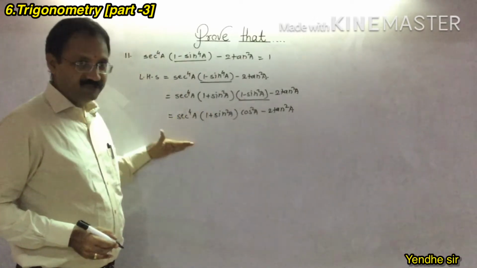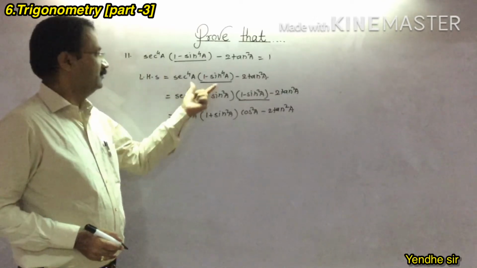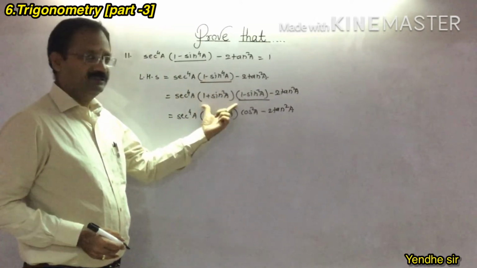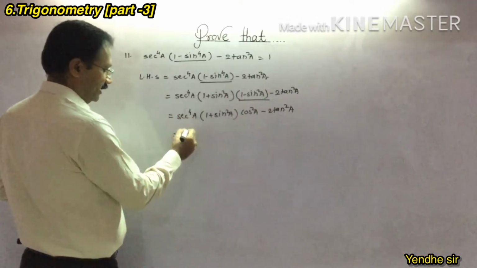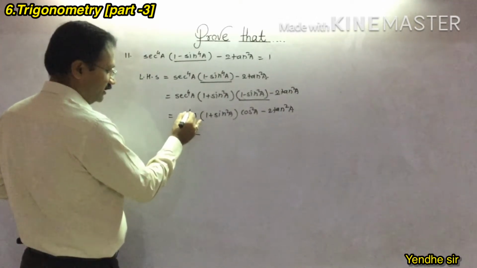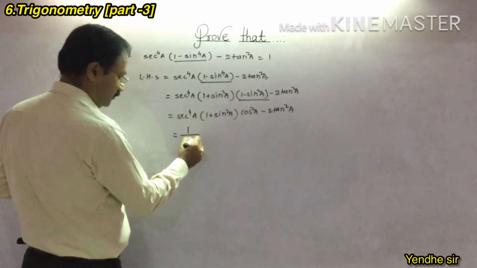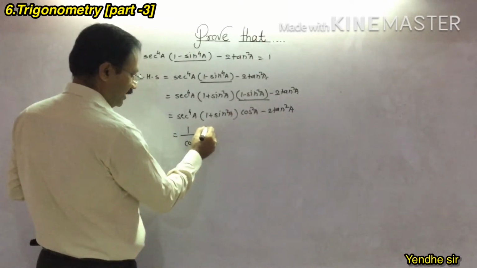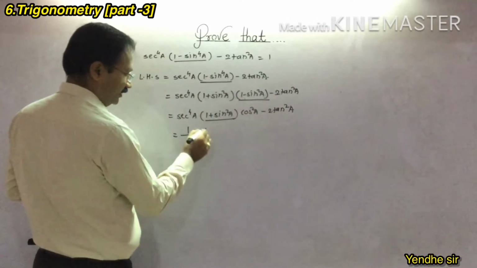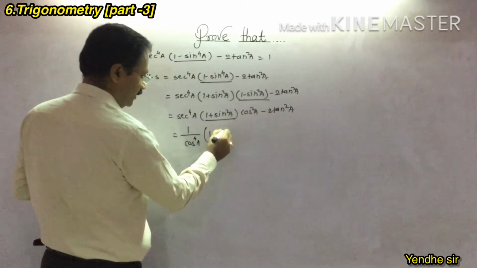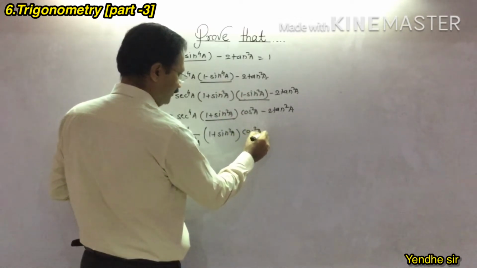So I have reduced the sum and then I am going to use the formulas. First, where you can reduce the sum, reduce it first and then use the formula. So write the formulas of this one first. Sec raised to 4a. Sec a means 1 upon cos a. It has raised to 4, so I am going to write the raised to 4. In bracket, it doesn't have any formula, so I am going to write as it is. 1 plus sin square a. It doesn't have any formula, so it will be as it is.